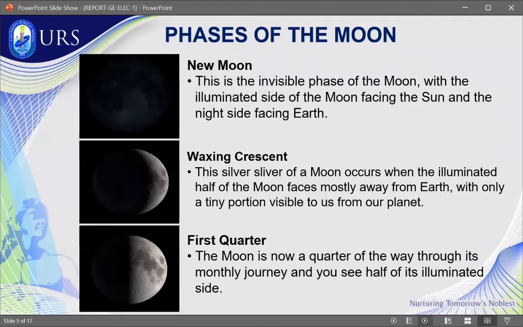Next is the first quarter. Okay, the first quarter moon is also known as half moon. Its moonrise was around midday, and moonset was around midnight. Its orientation was the right half is lit in the northern hemisphere, and the left half is lit in the southern hemisphere. The position of it in space was the moon has gone 1/4 of the way around the Earth. Look for the first quarter moon in the blue afternoon sky.